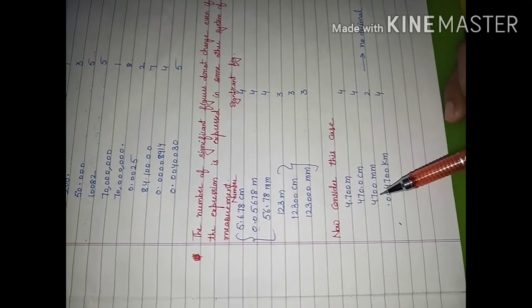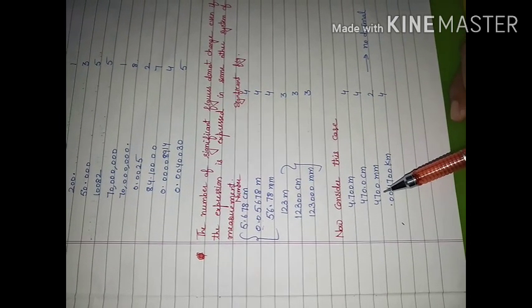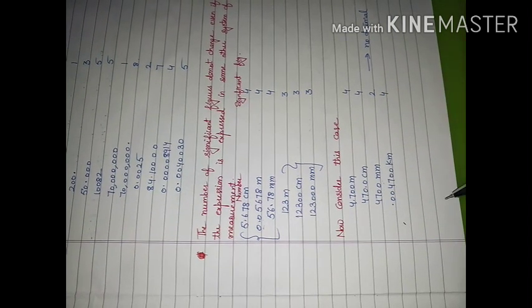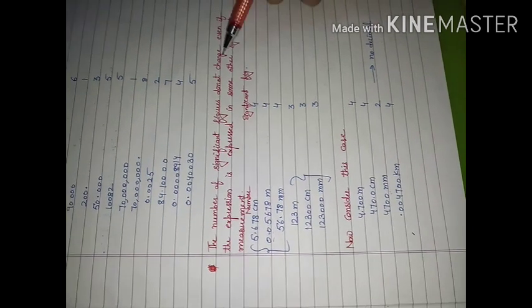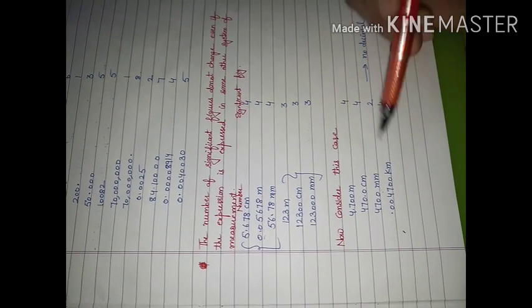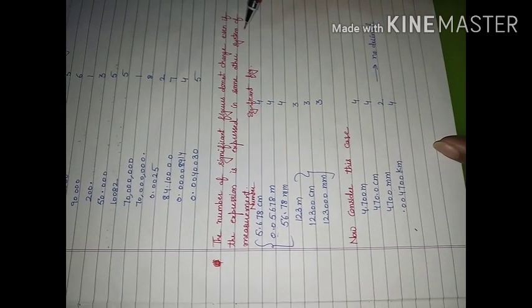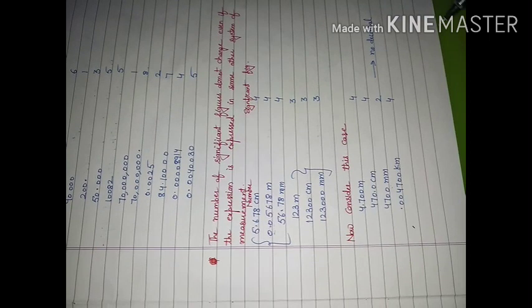What about this measurement? These are trailing zeros without decimal. It means they are not significant now. So the number of significant figures is coming out to be 2, and it is contradicting what we have done here. So to solve these types of questions, this is definite that the number of significant figures will not change when you move from one system to another system.